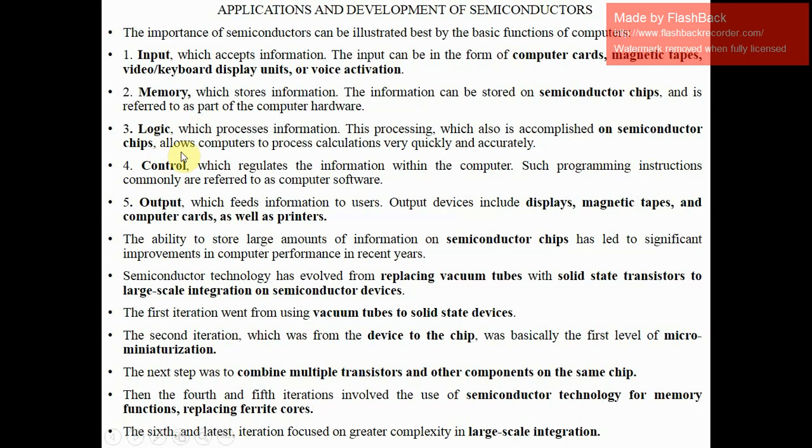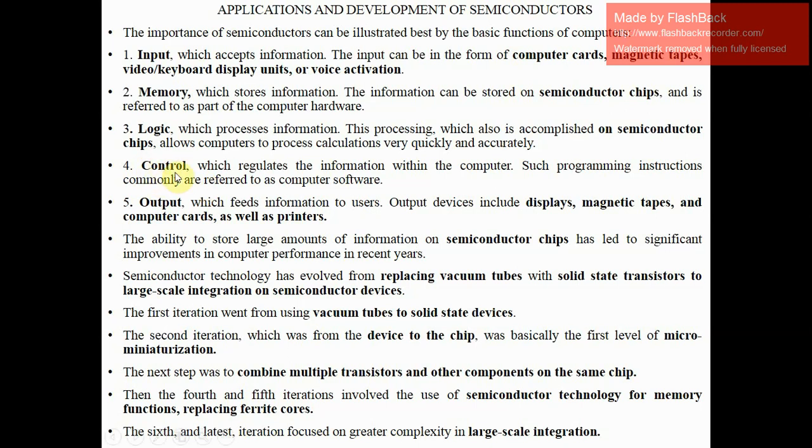So basically the aim is to give this example of how semiconductor devices are used in digital technology, or you can say in a computer or any laptop or mobile device. There are many chips used, some for memory that stores information, and some for display and magnetic tapes, and these things basically depend on semiconductor devices, or you can say chips, diodes and transistors. Basically these are the devices used in this technology.